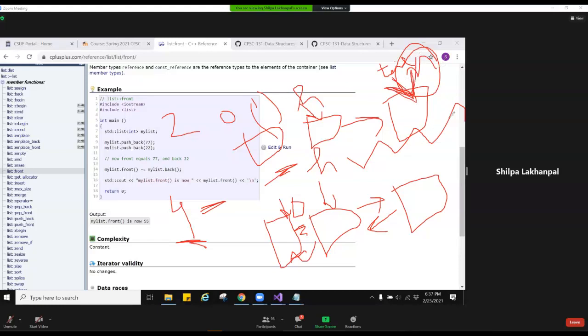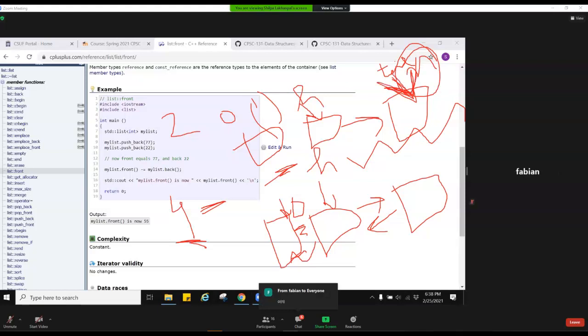But what if the tail pointer is not there and you want to add at the back of the list? Then what is the time complexity? Still order of one? If the tail pointer is not there, there is no pointer to the last element of the list.